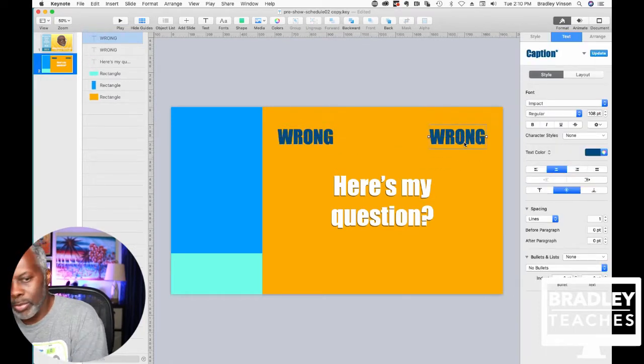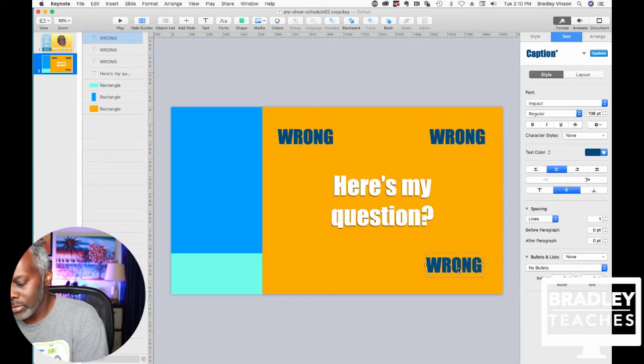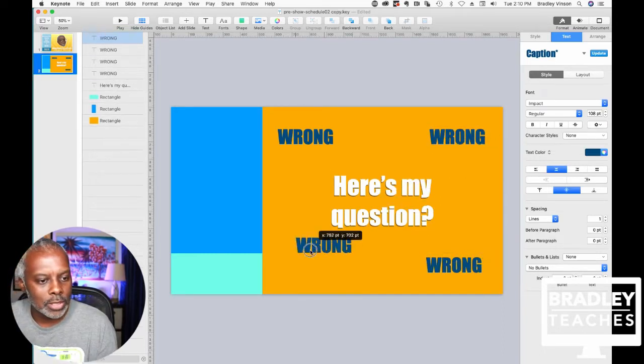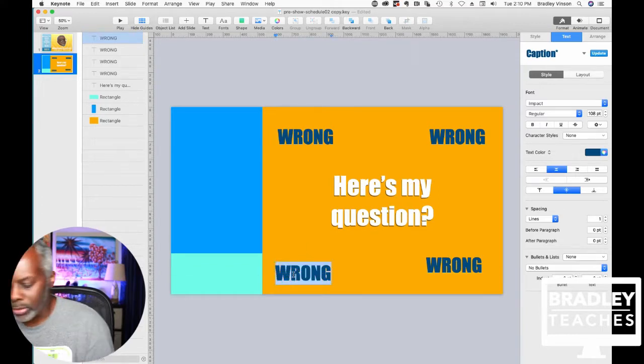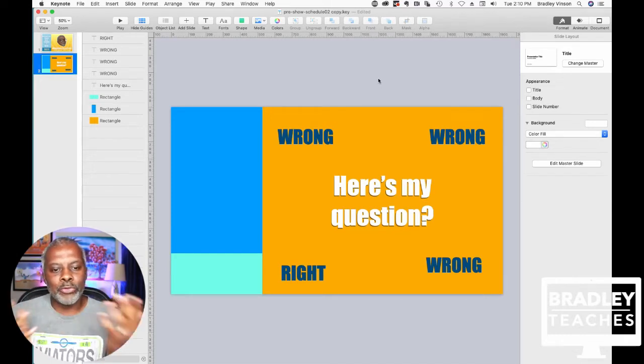Answer 2, copy paste. Another wrong answer, and paste again. And I'll put my right answer in this bottom corner. And I'll just call it right. All right, so we have now in our action area the question and 3 wrong answers